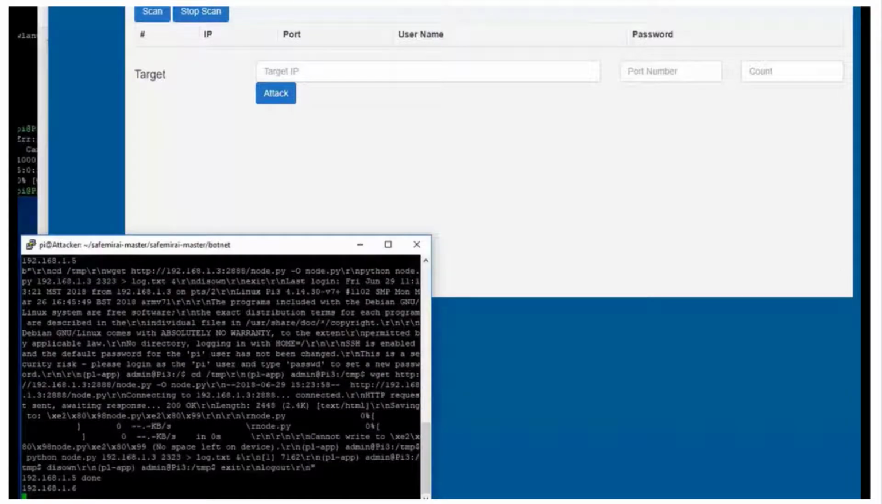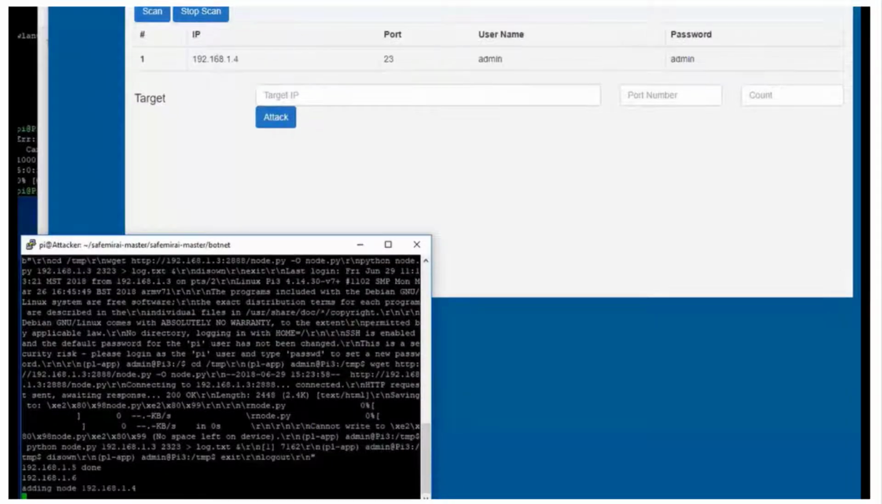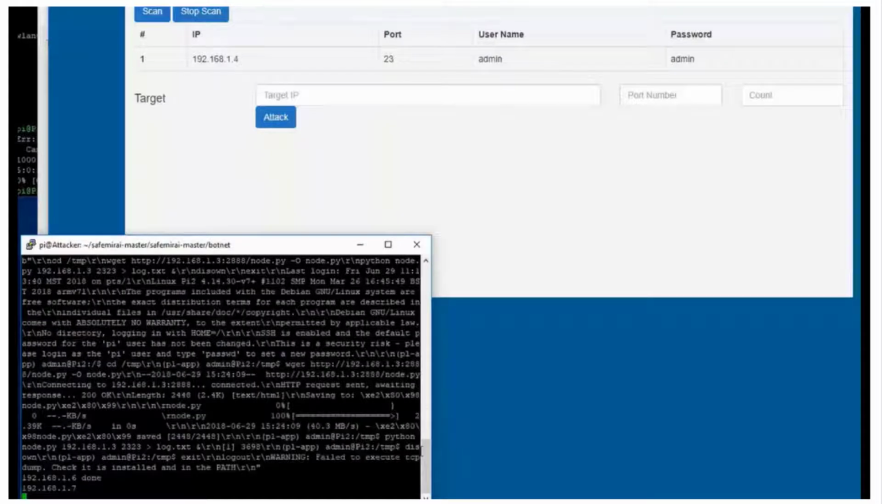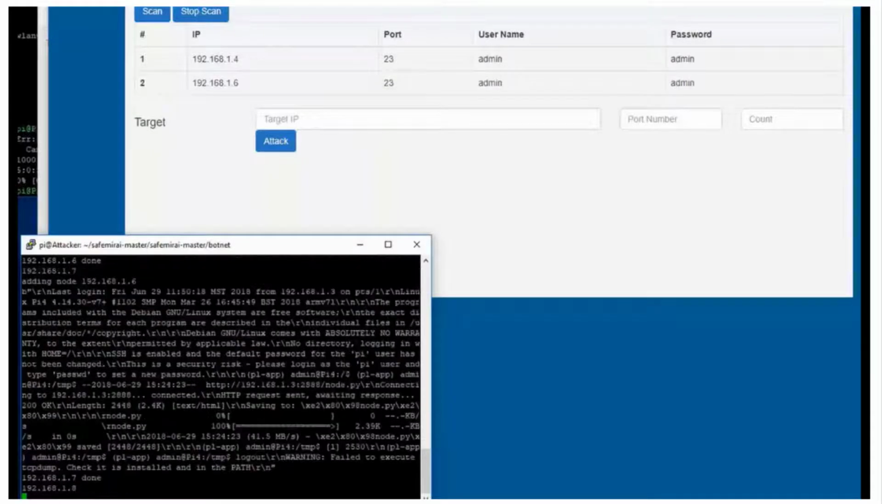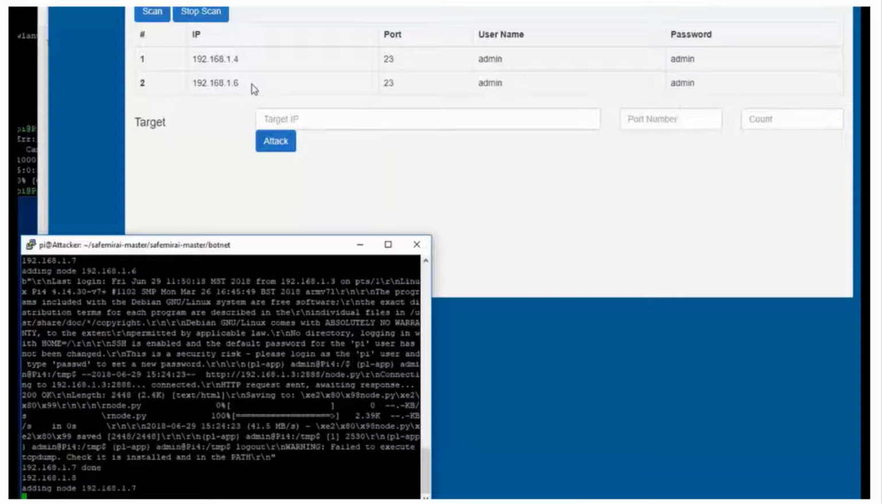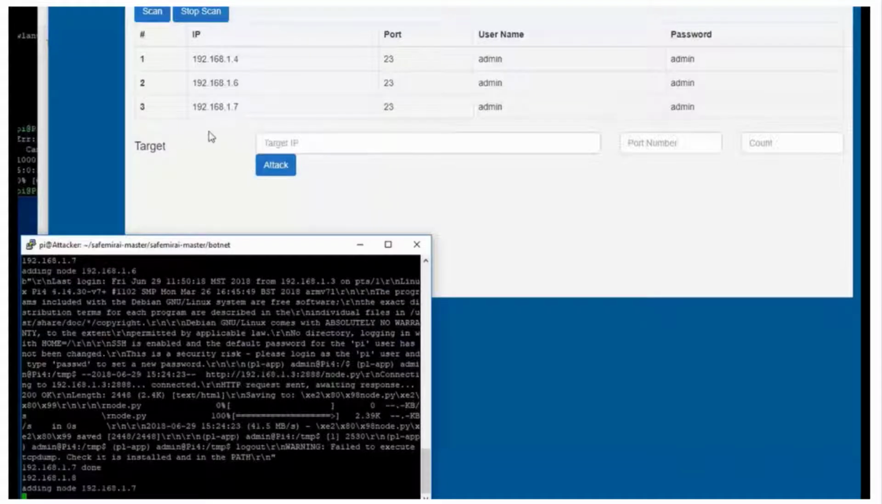The attacking Raspberry Pi has found some machines. It's found 1.5, 1.6, looks here like it's found added node 1.4, and we should see some nodes get added shortly. You can see it's added node 1.4, it found node 1.6, it found node 1.7,